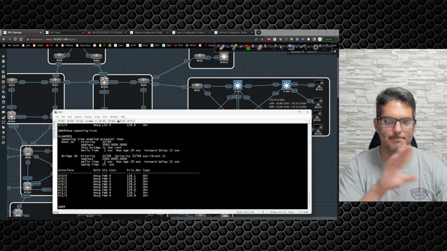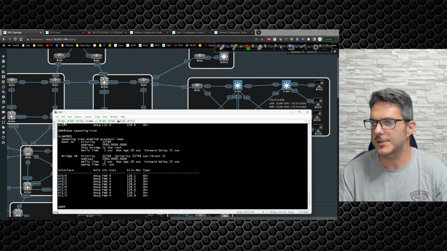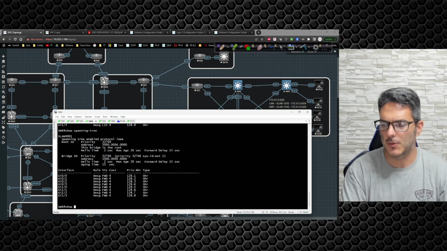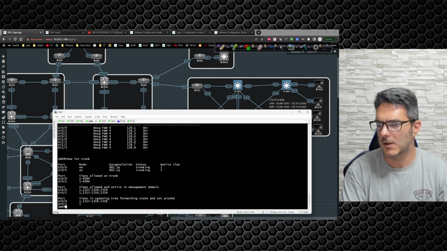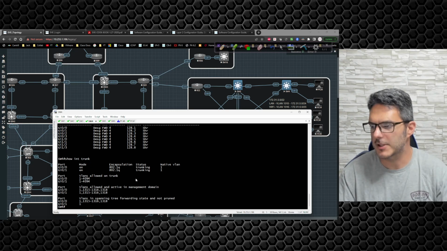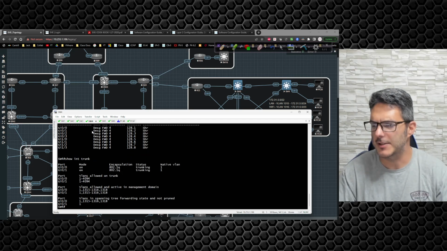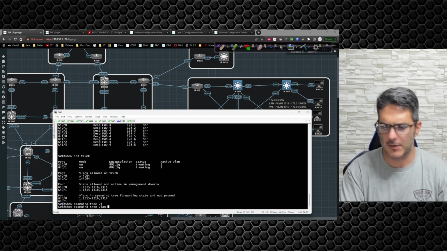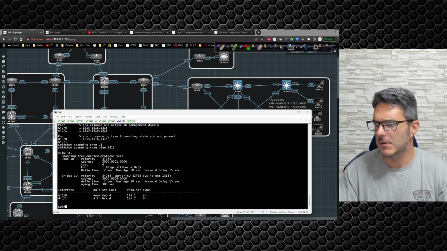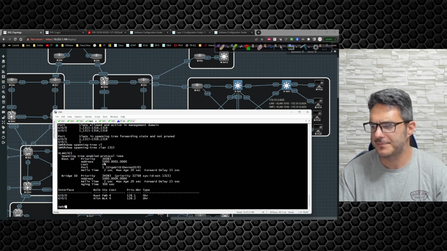Oh, you know why? My bad. The reason why this isn't working, show interface trunk. We have trunks. Trunking is configured. That's right, I already did that. So I'm like, why is this not triggering? This is very, very weird. I don't understand. Show spanning tree VLAN 1315. Okay, that's better. So I'm not sure why spanning tree wasn't showing up for that one, but we see how